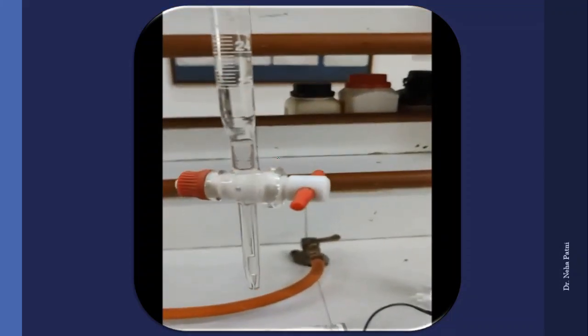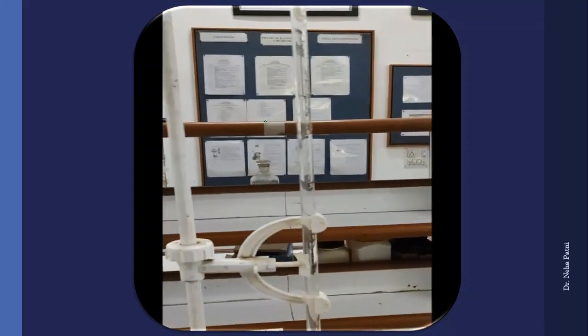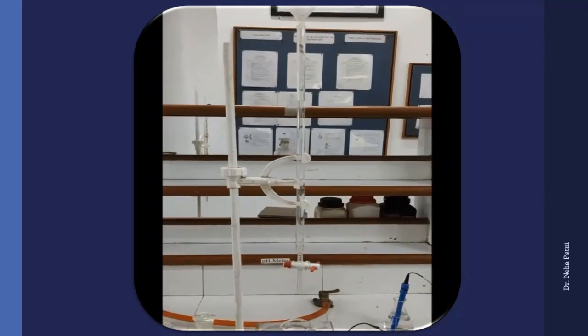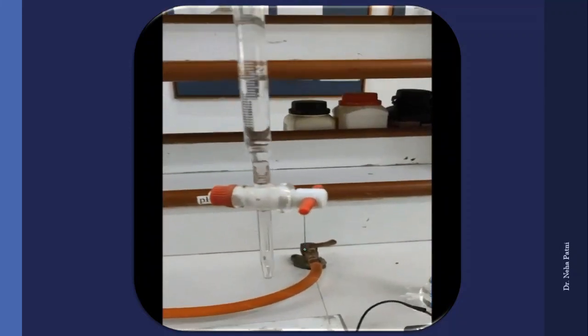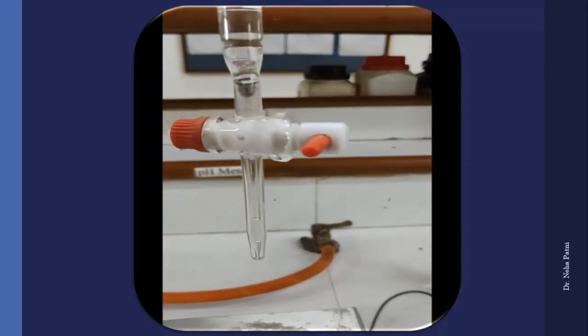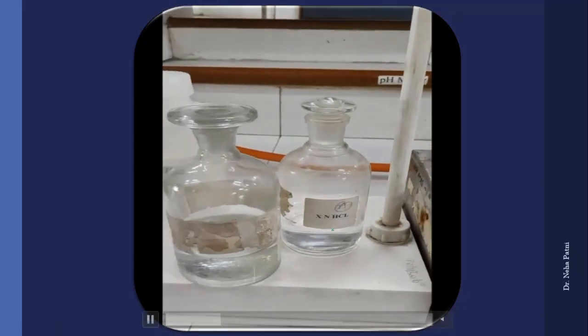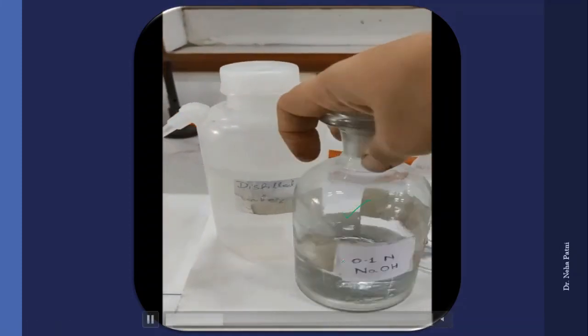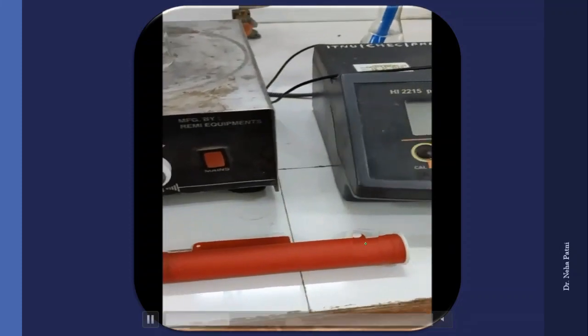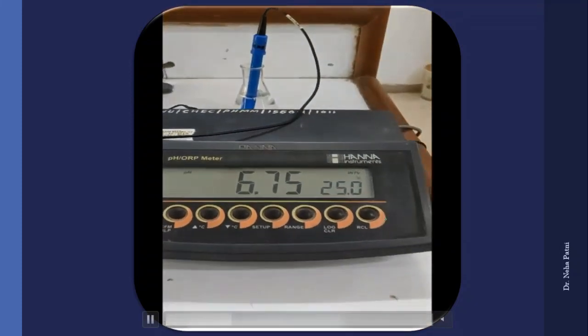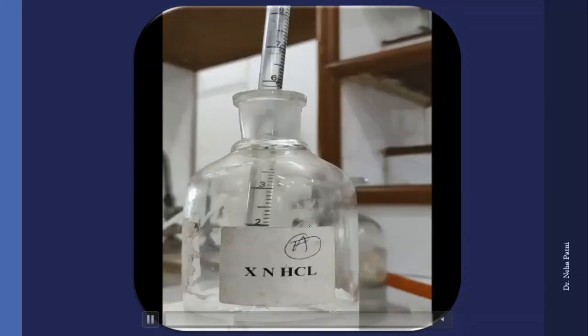This is your beaker, and in this burette you have to fill your NaOH solution. So just take a funnel and fill the NaOH solution inside. Make sure you don't have a bubble like this. So just remove it. Then you have to use HCl solution obviously, and 0.1 normal NaOH in the burette, distilled water, and then pipette, and this is the pH meter. So this is the experimental setup.